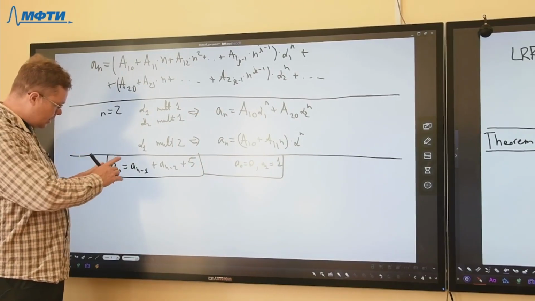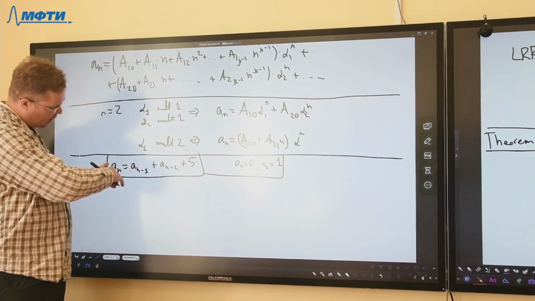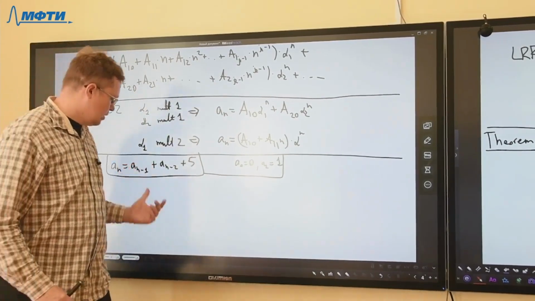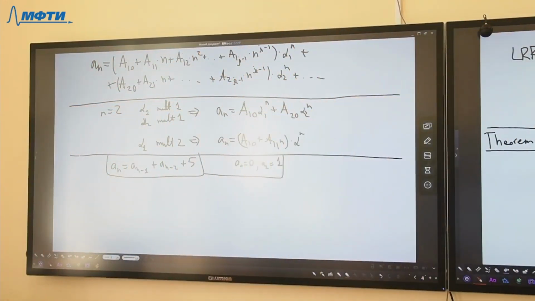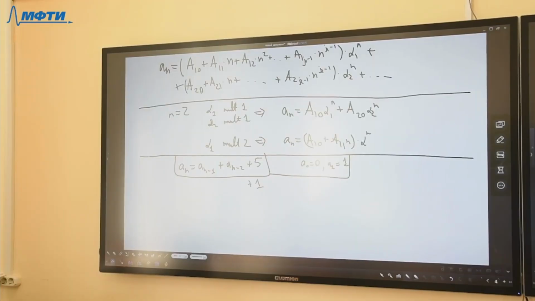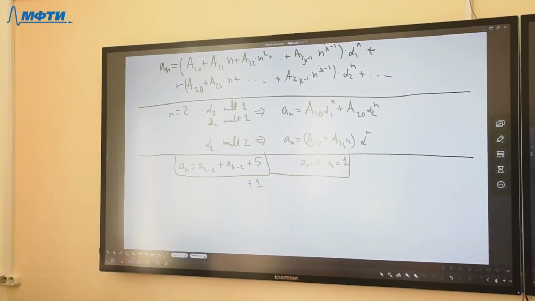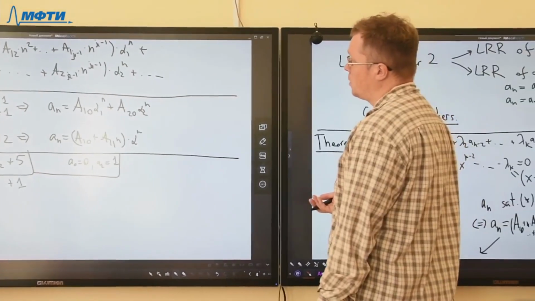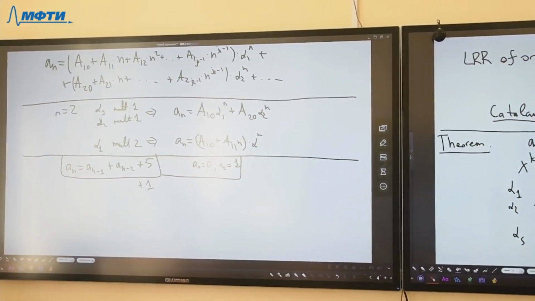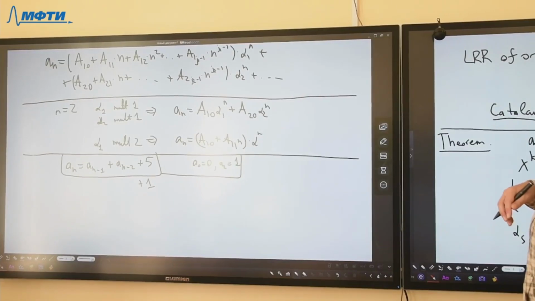I can be sure that if I knew how to solve linear recurrences, then it will help me to find the solution of the shifted one. If you want to find the solution of some non-homogeneous equation, then if you want to find all the solutions, you can try to find some partial solution. So for example,